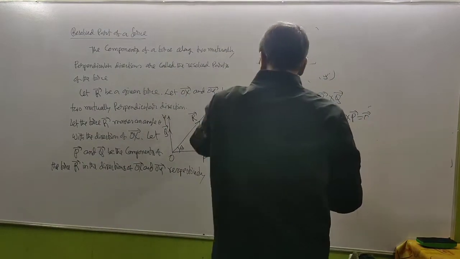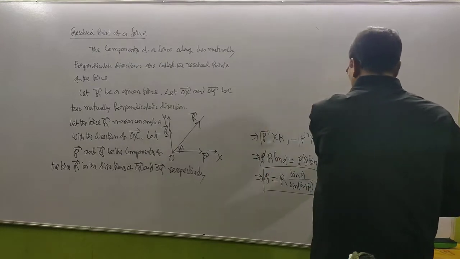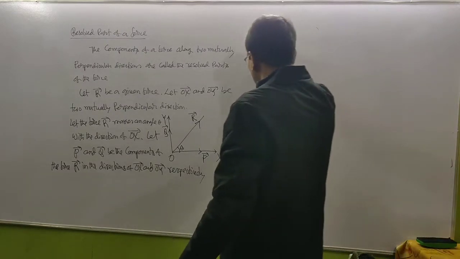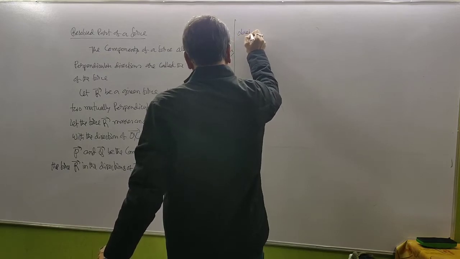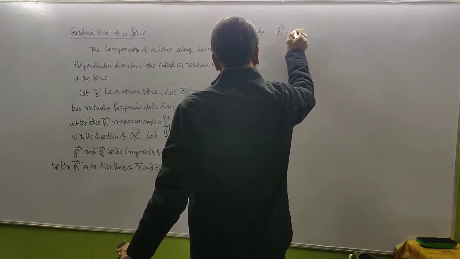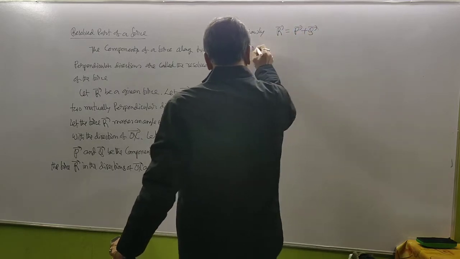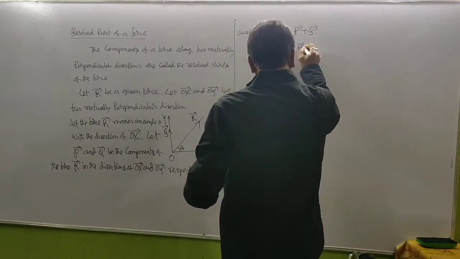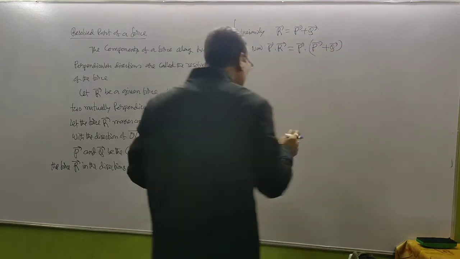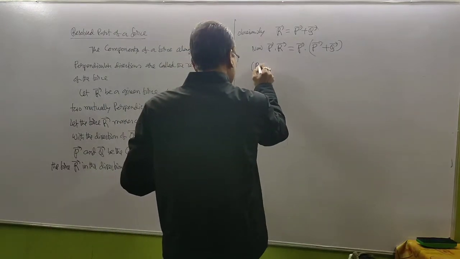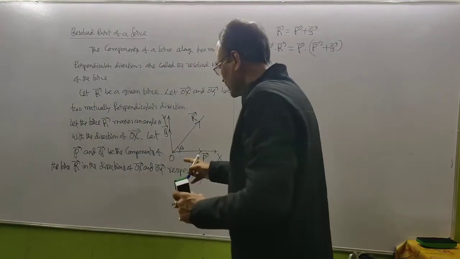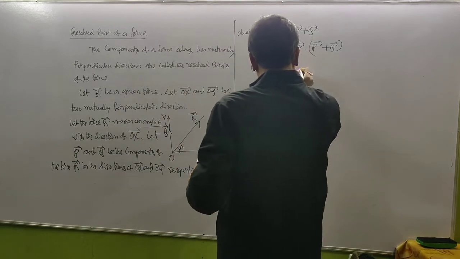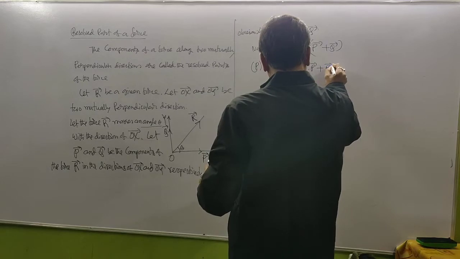Now, obviously, since P and Q are components of R, therefore P plus Q is equal to R. R vector equal to P plus Q. Now, P vector dot R vector equal to P vector dot P plus Q dot product, and PR into cos theta, we have written theta, cos theta equal to P vector dot P vector plus P vector dot Q vector,